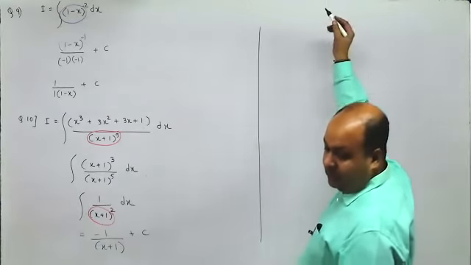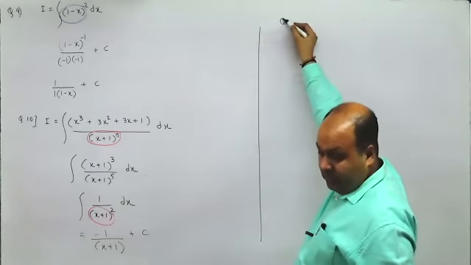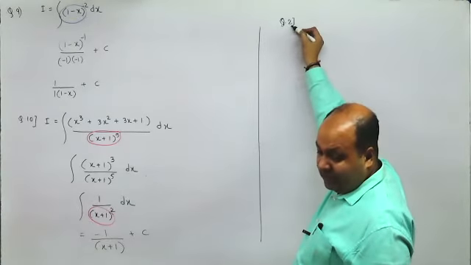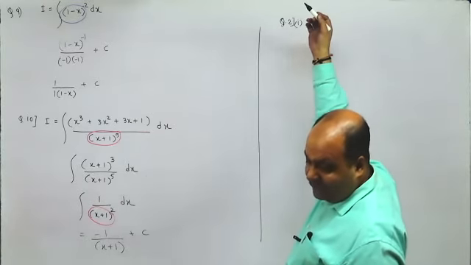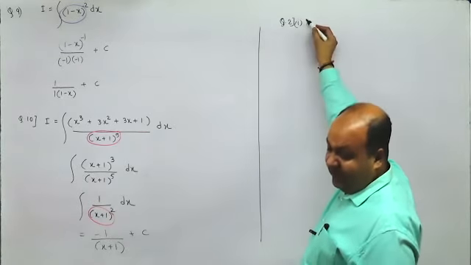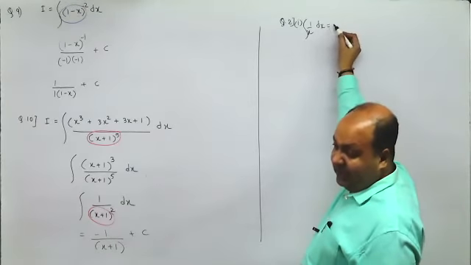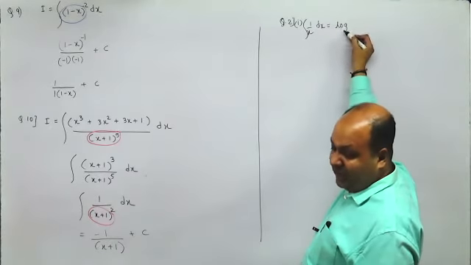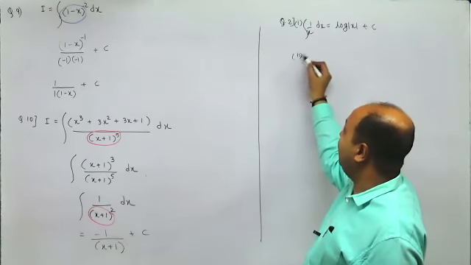Next. If you see question number 2, the first, second, third, fourth parts are all formulae based, up to the fifth one. Now integration, I am just doing it quickly. Integration of 1 upon x dx: the derivative of what is 1 upon x? Log x. So log mod x plus c. Then the second one is a formula.